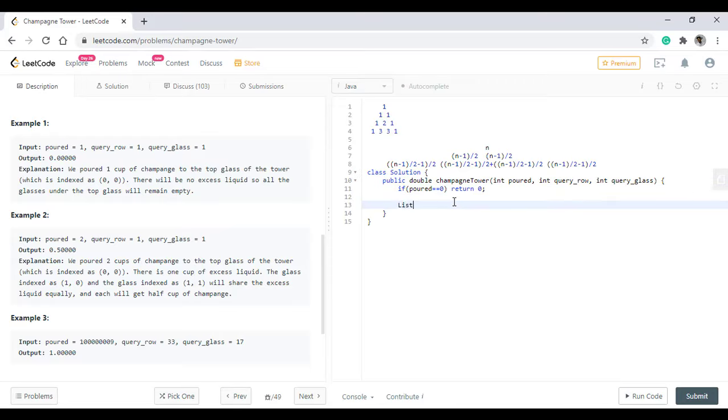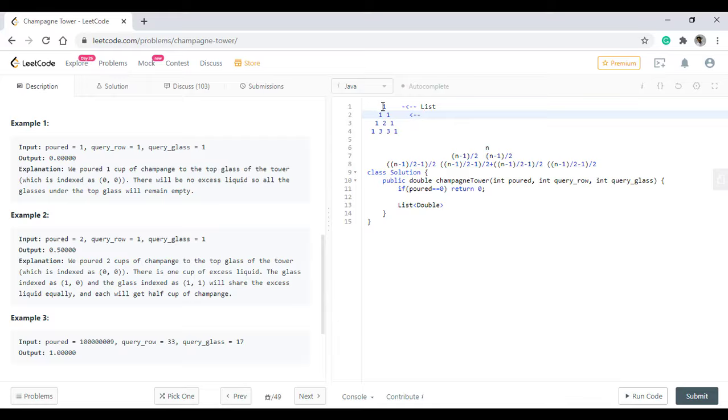Okay, now we create a list which will hold our value for the initial row. This will be our initial list, and we'll create the next row with the help of the first list.